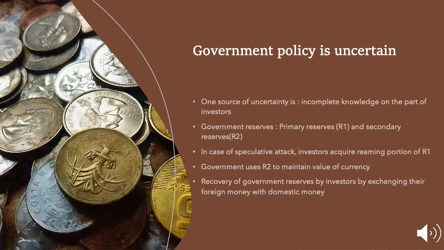On the other hand, if there was no speculative attack, or the attack was not enough to completely eliminate R1, and then the government decided not to use R2, then R1 would be exhausted. There would be a discrete jump in the exchange rate, and a capital loss will occur. So there must be a speculative attack so that we can use R2. So R2 can be used by the government, the risk of the capital loss is eliminated, and the holdings of domestic money would be back to the previous level.